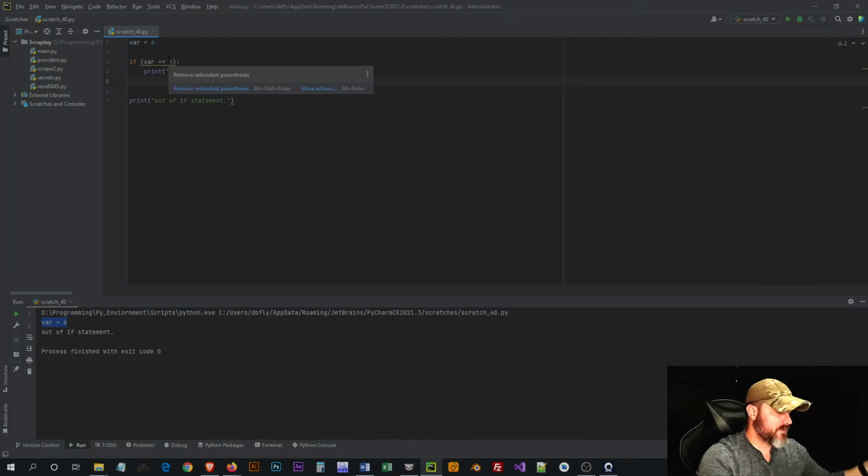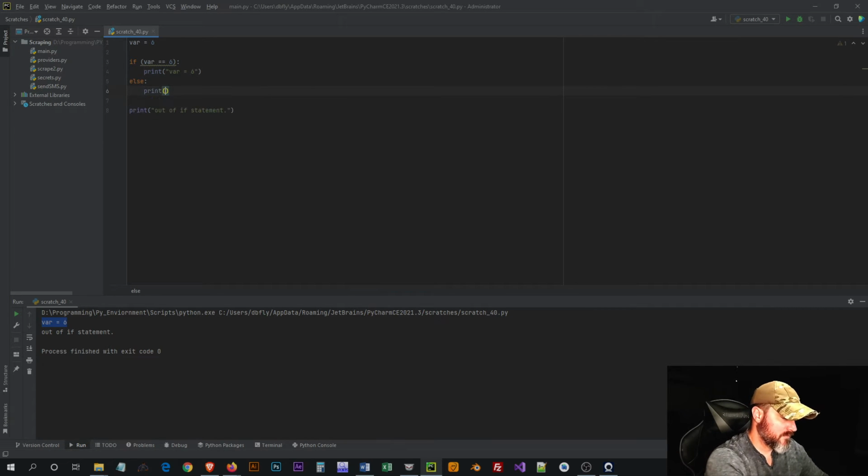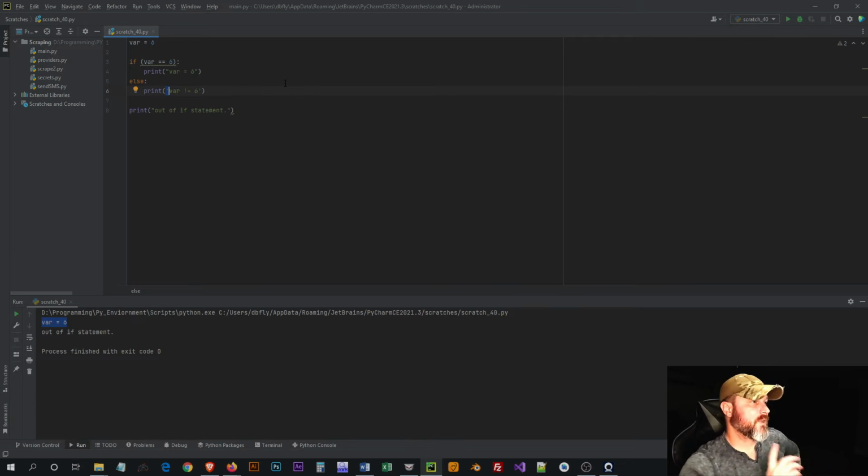So let's say you want it to do something else as well. If it's not 6, you don't want it to just not do anything. Else, colon, and then I'll start doing single quotes. Single quotes and double quotes pretty much are the same thing in Python. I tend to hit the shift key and make double quotes. I don't know why. Single quotes are much easier. You don't have to hit the shift key. Anyway,